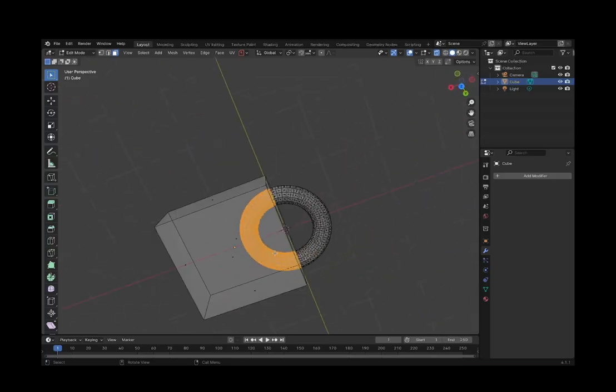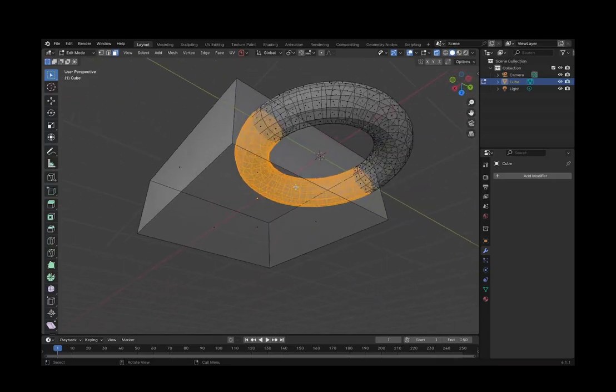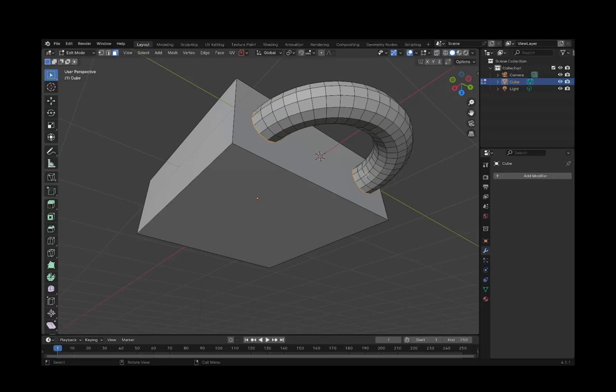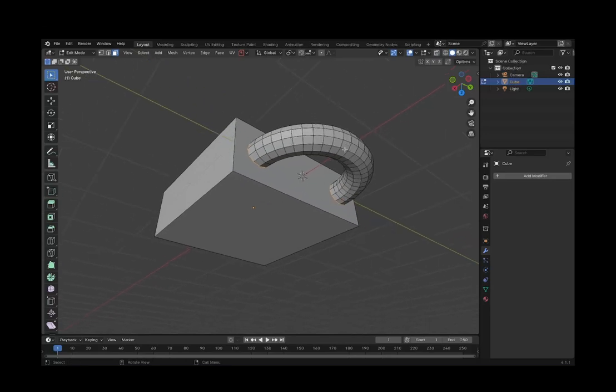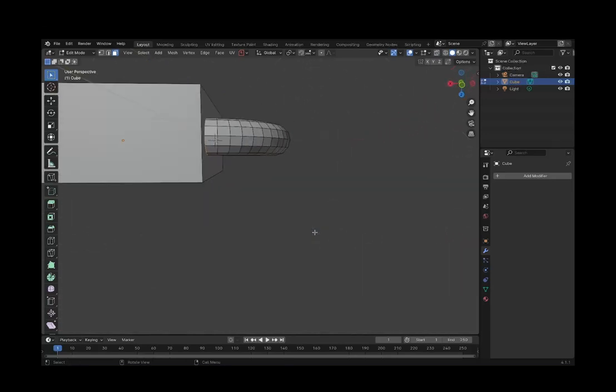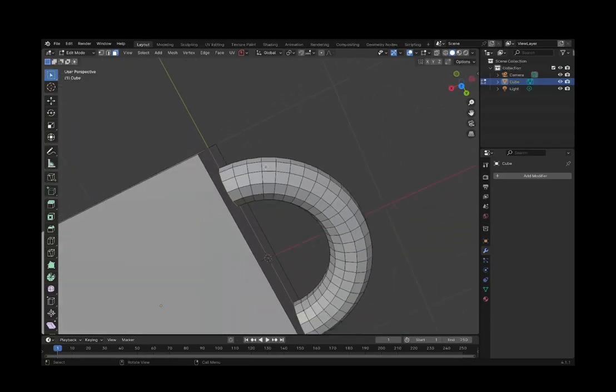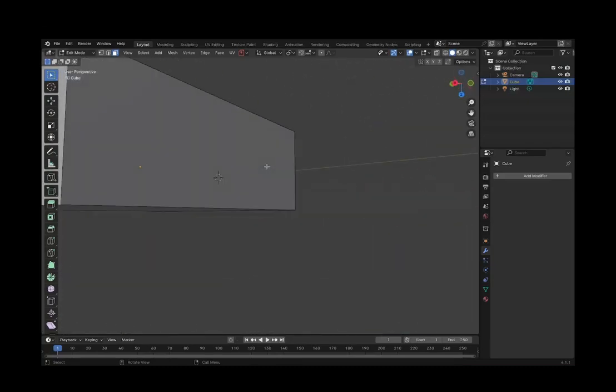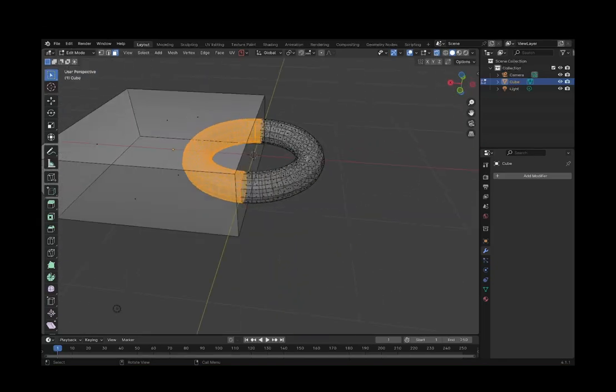Now I also want to keep it because if I ever needed to see how big my lock is or something like that, then I'll really need it and I do not want to lose it. I just don't want it to be seen. So you can do that by clicking P, and then it has three options: by selection, by material, and by loose parts. By material is if you have added materials onto this object, which we haven't seen to do in the past two courses, so that is out.